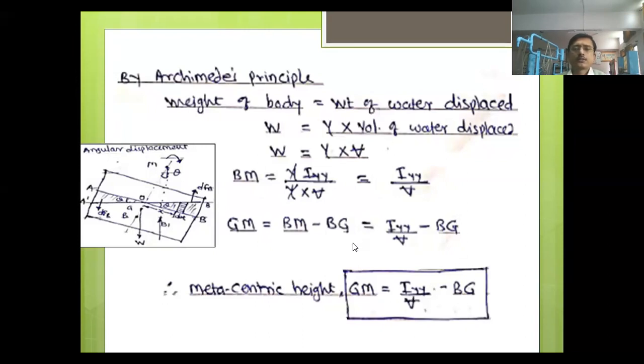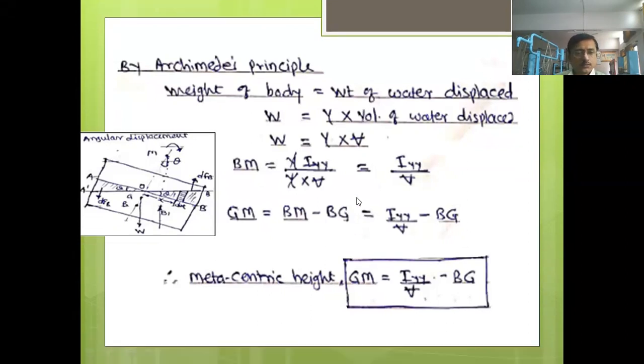In the last lecture, we derived this equation for finding metacentric height by using the analytical method. In today's lecture, we will see how to find the metacentric height by using the experimental method, and we are going to solve a problem based upon it. Also, we are going to see what the various stability conditions are for floating bodies as well as for submerged bodies. Okay, so